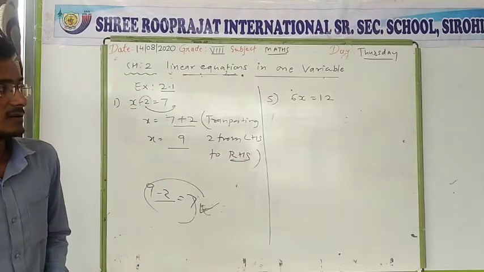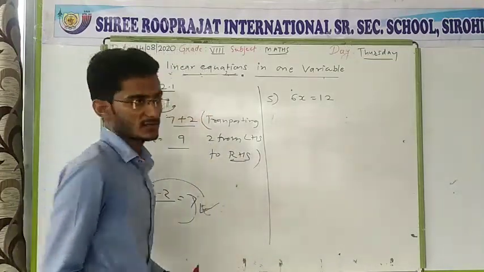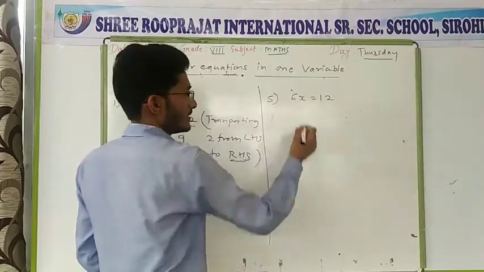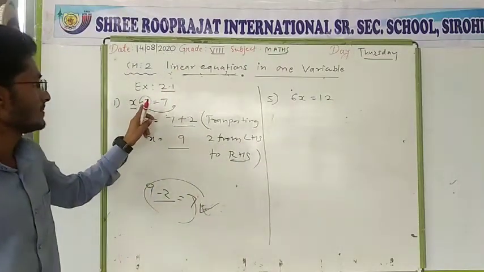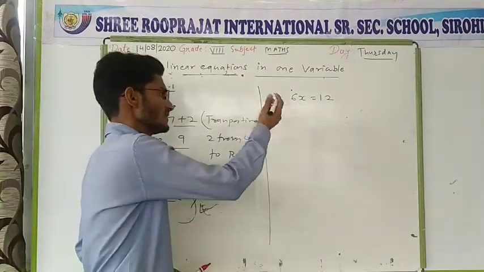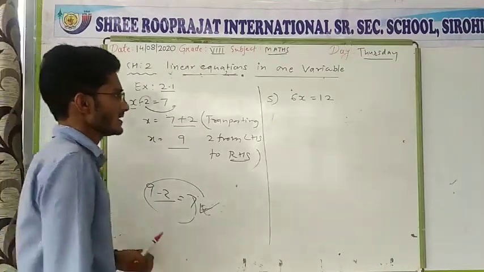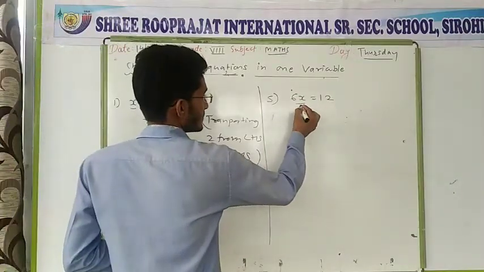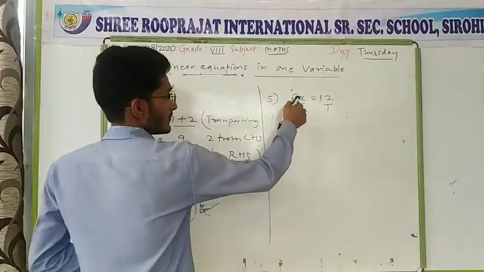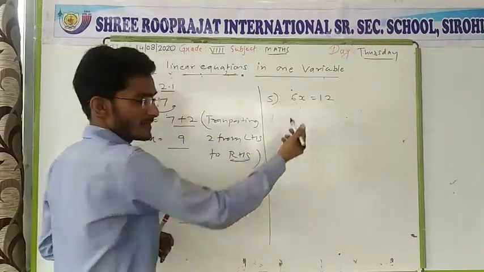6x equal to 12. So again, if you need the value of x, you have to remove that 6 from the left hand side. If it is given in either plus or minus, that is called transporting when you shift. When it is given in divide or multiply, it is called cross multiply. Suppose there is no denominator given, that means it is 1. So if you remove 6 from here, it is multiplication. 6 is multiplying with x,